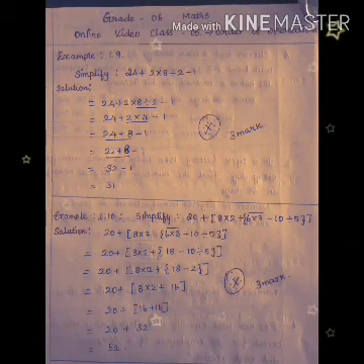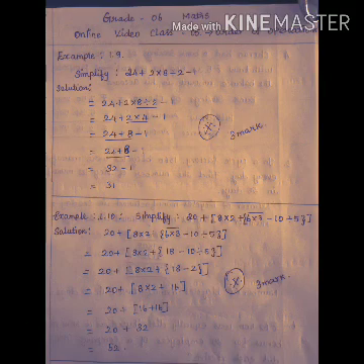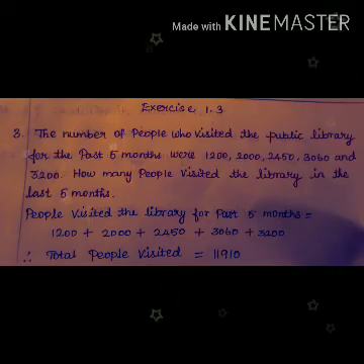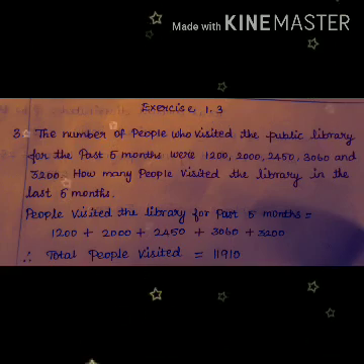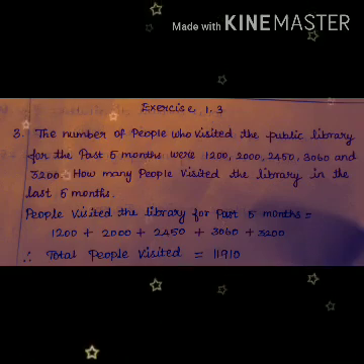Okay, that's all, students, example 1.10. Now we are going to start with exercise 1.3. In that exercise 1.3, the first question is fill in the blanks. There are 3 fill-ups. The next question is true or false. There are 3 true or false also, and one-word answers and all. Next class we will see.